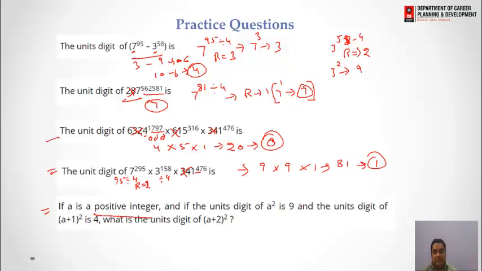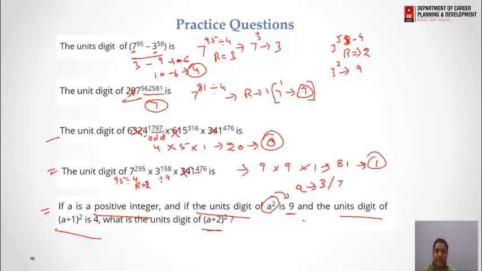If a is a positive integer and the unit digit of a square is 9 and the unit digit of a plus 1 square is 4, then what is the value of the unit digit of a plus 2 square? Now if a square is 9, what could be the possible value of a? If we square any single digit number that gives us unit digit as 9, the value may be